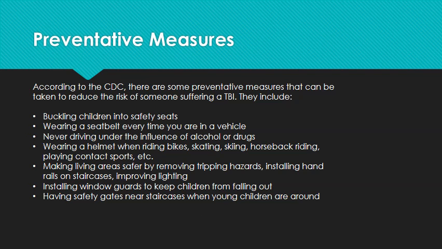And since traumatic brain injuries are an acquired injury, the CDC gave a list of some preventative measures that may help to avoid the risk of someone suffering from a traumatic brain injury. These include buckling children into safety seats when in vehicles, wearing a seatbelt every time you are in a vehicle, never driving under the influence of alcohol or drugs, wearing a helmet when riding bikes, skating, skiing, horseback riding, or